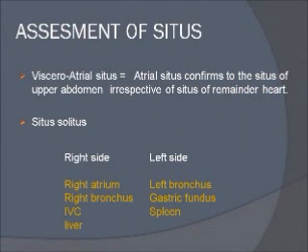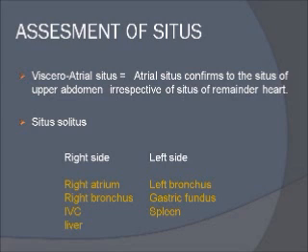Technical parameters. Now I am going to talk about how we should assess the X-rays. So what is the assessment of situs? Situs means how the heart chambers, like atria, are oriented with the other structures in the body. In normal condition, that is called situs solitus, on the right side we should have right atrium, right bronchus, IVC